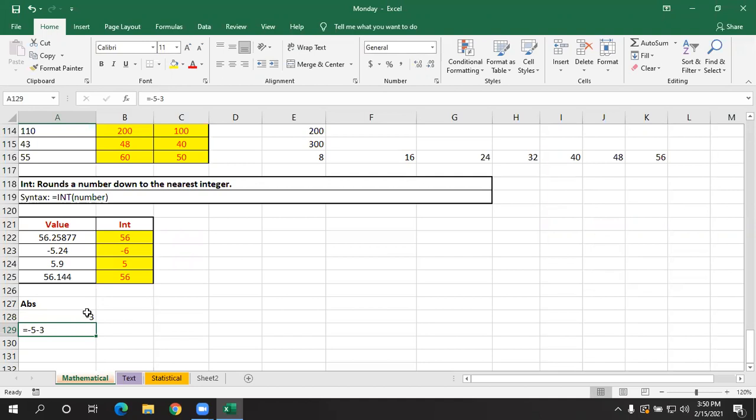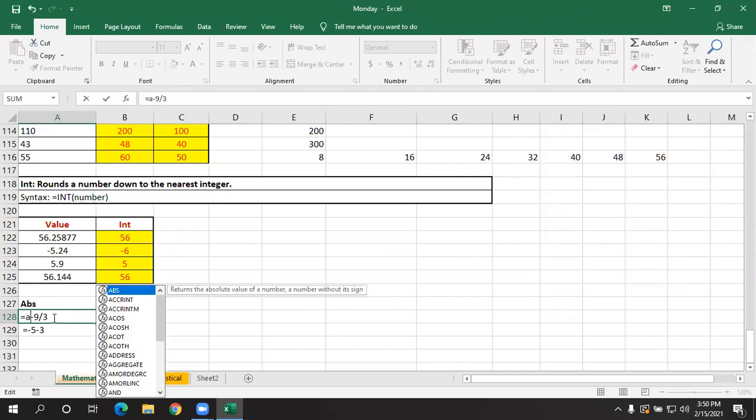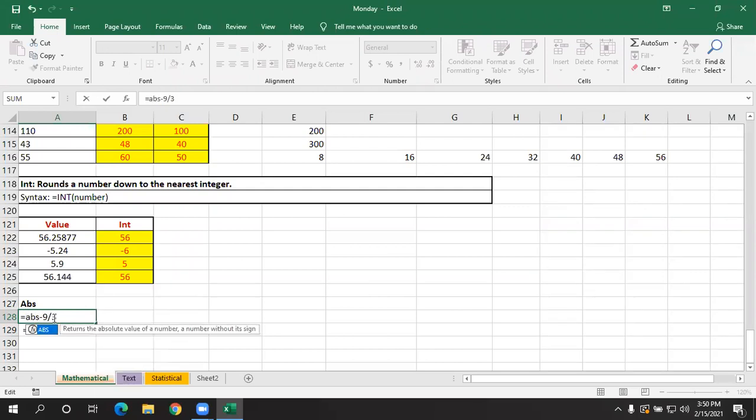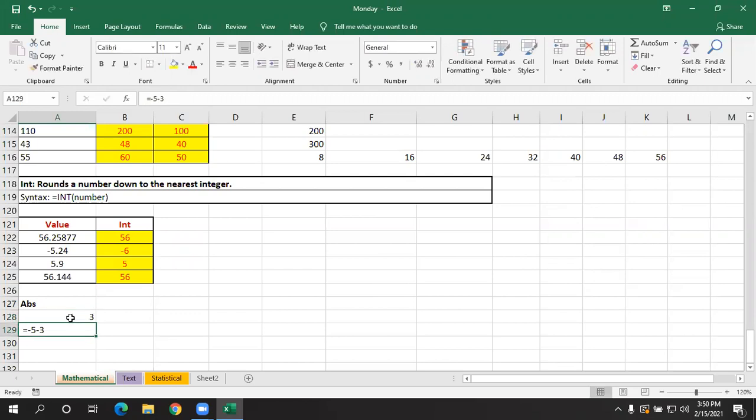If I don't want to show this negative sign, which function will we use? We'll be using the function ABS. You just need to give a number within ABS and press enter. Before adding ABS, it was showing minus 3, but now it is showing only 3.